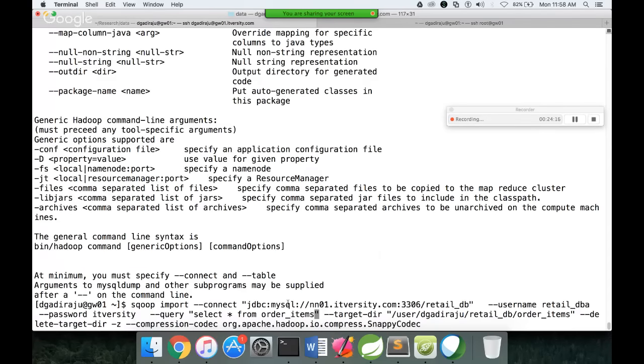So what happens is there are a few issues with respect to query. With respect to table, using the table name, Sqoop is smart enough to find out whether the table has a primary key or not, and it will use the primary key to apply the split logic. When we use query, the Sqoop developers have to determine,